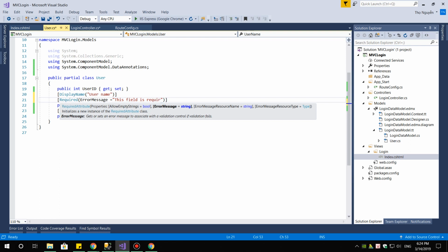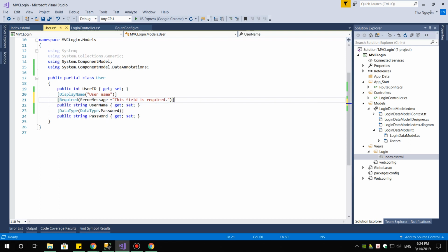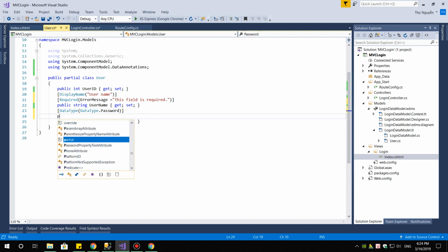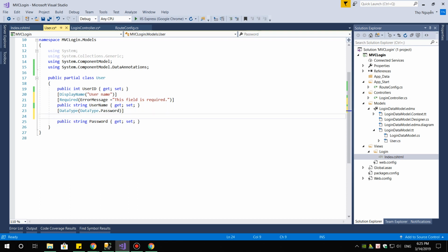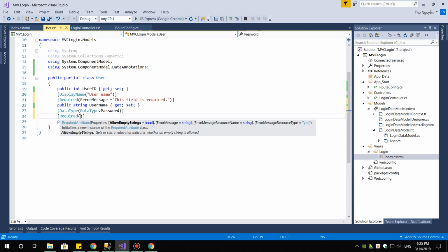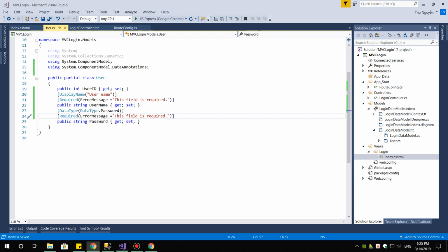Same in the case of password. It should be a required field for the login form. Error message will be same. Okay, and this error message will be shown under the username and password